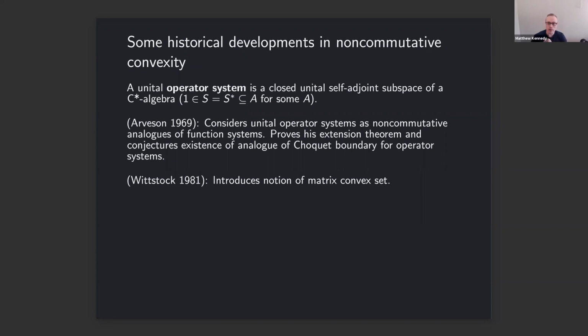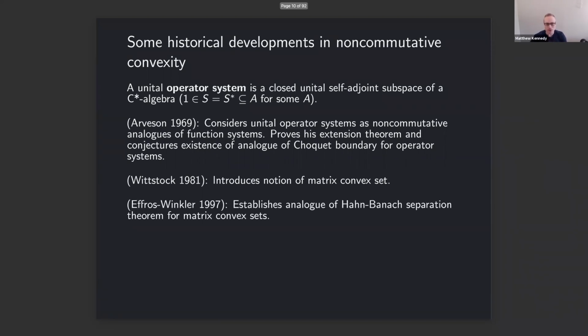In 1981, Wittstock started to study the dual side, and in particular, he introduced a notion of matrix convex set. And there were quite a few developments around this, which I'm going to pass over in the interest of time. So I'm just going to highlight the developments that were important specifically for my talk today. So in 1987,